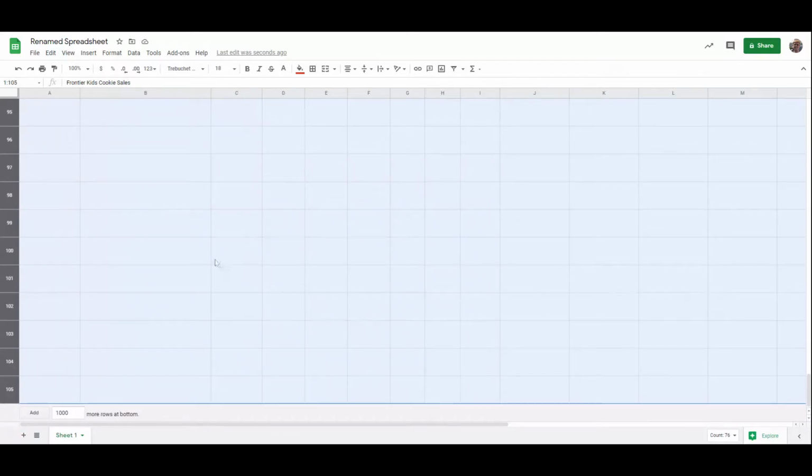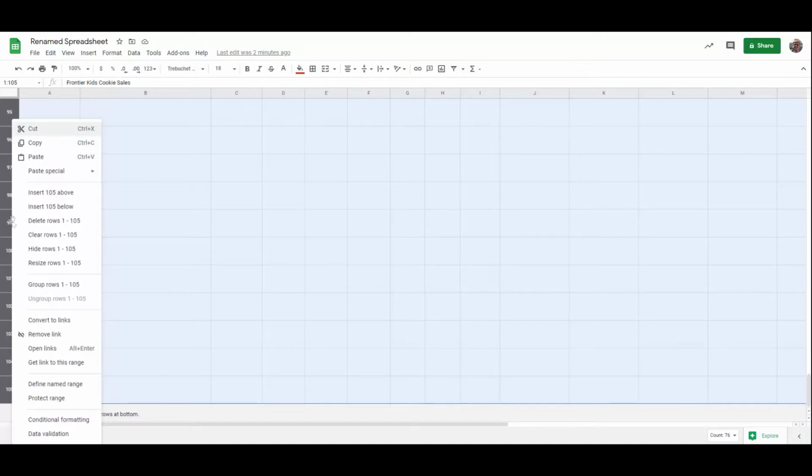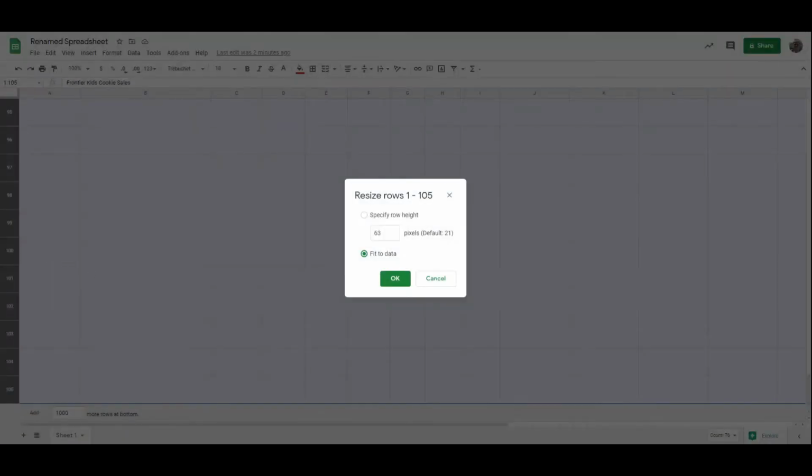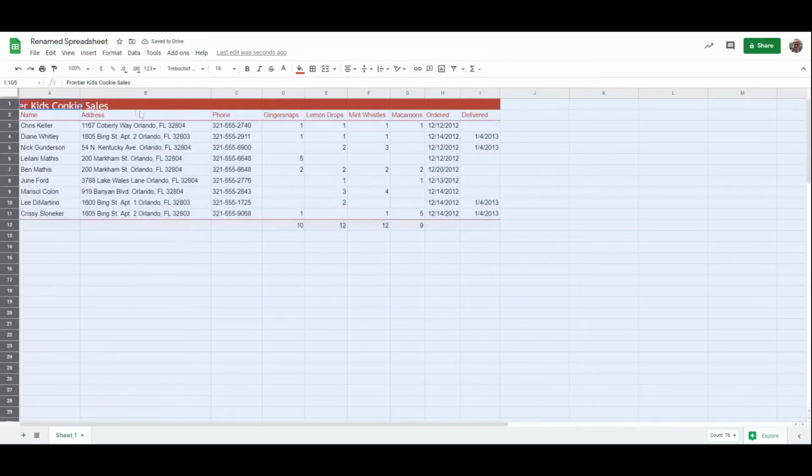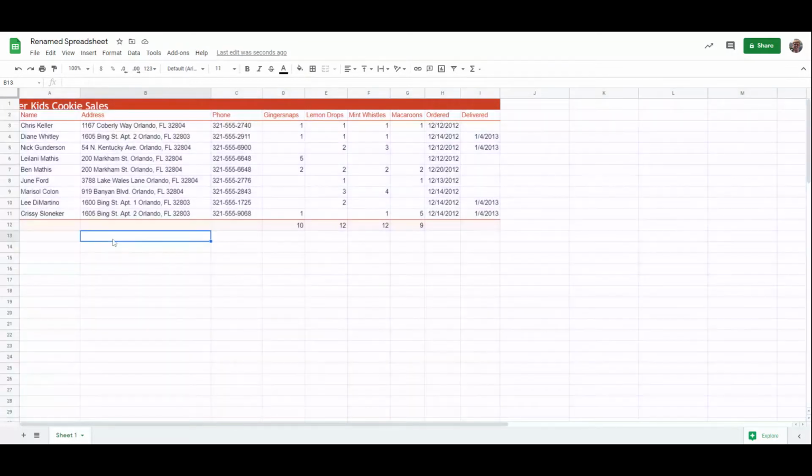So instead, I've clicked and dragged to select all 105 rows here, and I will right click, and now I can choose resize rows, and I can have it set to whatever I want. It tells us that the default is 21. Let's just have it be 25 pixels. All of the rows are now 25 pixels tall, and we can see that actually row 1, the text is